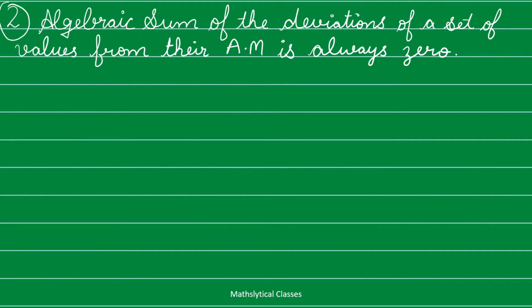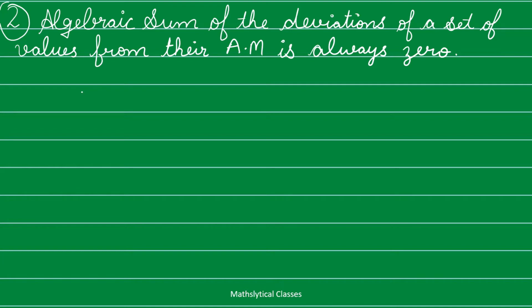The next property: the algebraic sum of deviations of a set of values from their arithmetic mean is always 0. It's a very important property. So in this property, what do we have to prove? We have to prove that